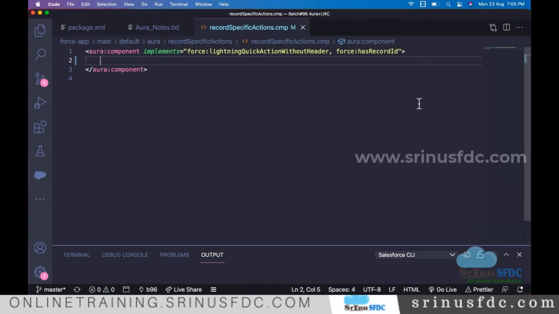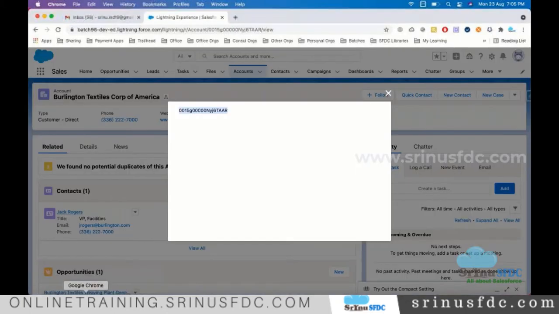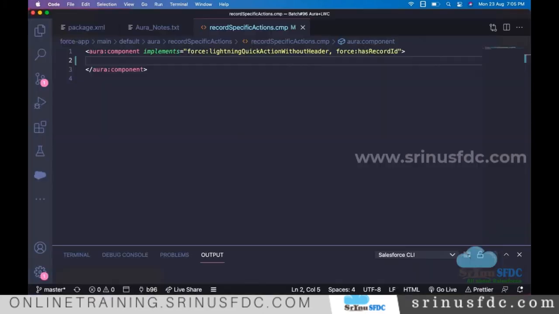First of all, let's say you place this quick action in a wrong place, maybe in some other object, and somehow the record ID we are expecting is not the account we are thinking. So maybe first I want to cross check whether the account is really present in the database or not.